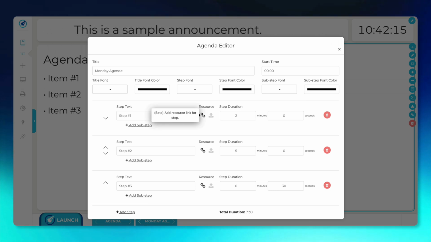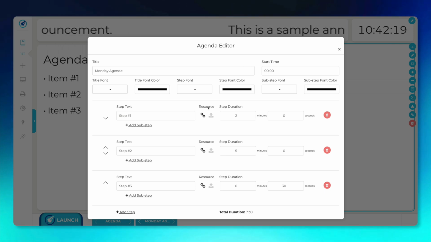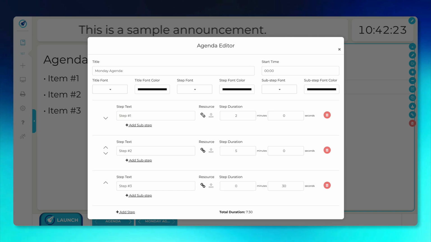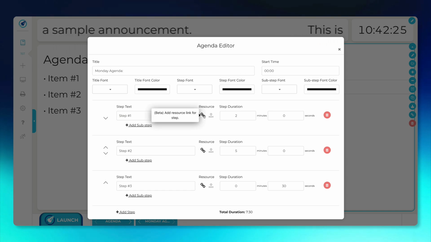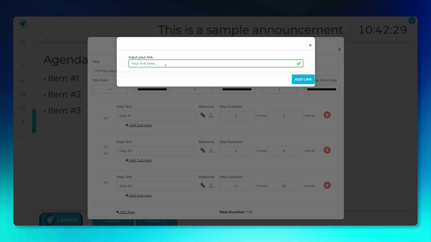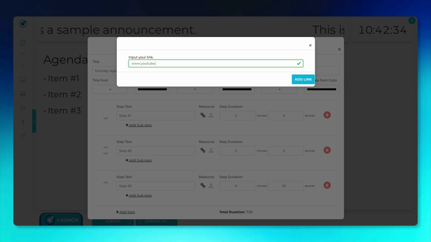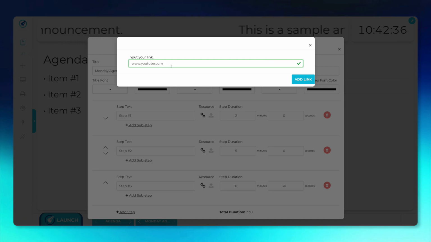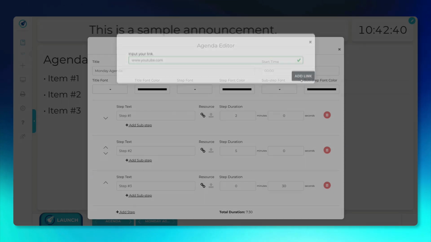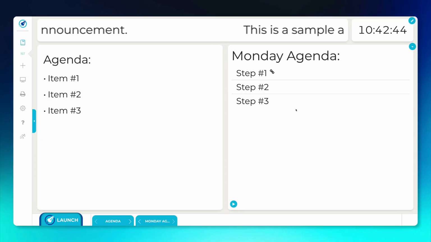First of all, right here you'll see you can add a resource, and this is going to expand soon, but for right now you can add a link to a resource. So for example, let's say we had a YouTube video and we wanted to put in that YouTube video. Right now I'm just going to put in youtube.com, but theoretically you could link to the actual video. We'd click add link. Let's save that, and now you'll see